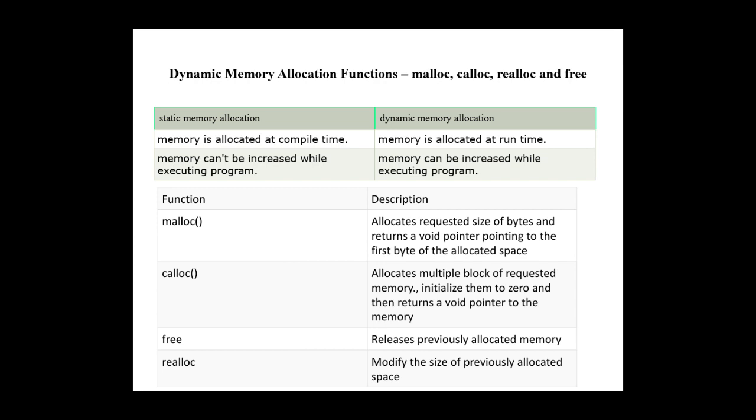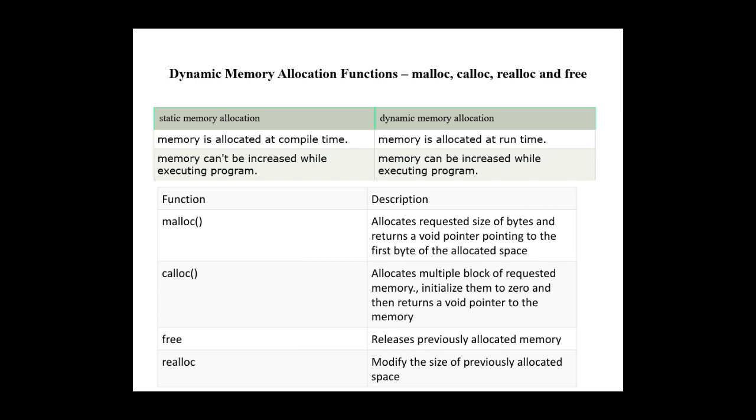Before understanding dynamic memory allocation, we have to understand static memory allocation. When we write a C program and declare the variables, at the time of compilation, the compiler allocates the space to the variables which have been declared in the program. We cannot resize this memory allocated to the variables when we execute the program, but sometimes we don't know how much space should be allocated to the variable. In that case, we use dynamic memory allocation.